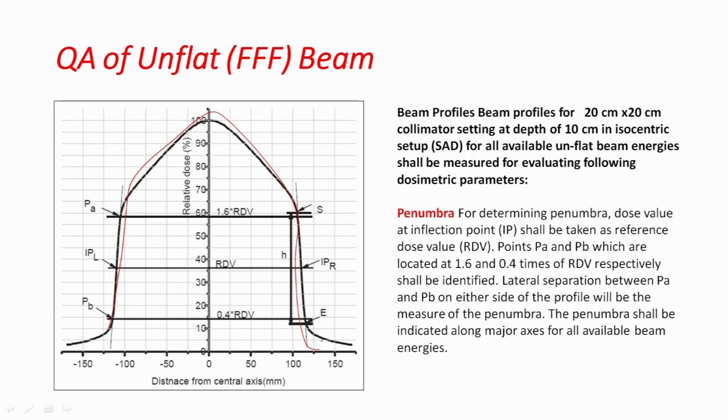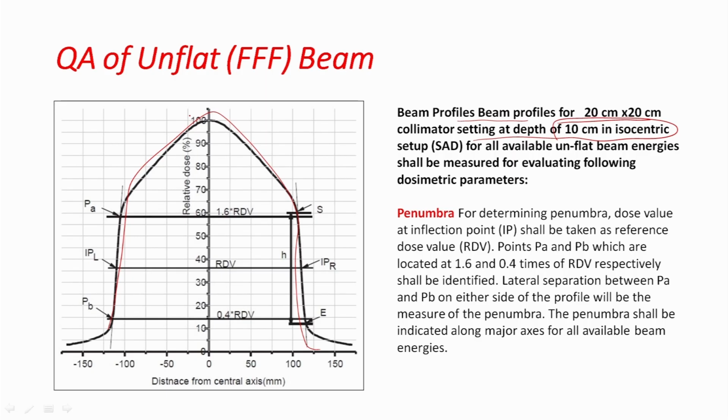First we will understand this beam profile. As we have seen in our previous flatness symmetry test, we were considering 10x10 field size for the measurement of flatness symmetry. In case of an unflat beam, the beam profile should be measured for 20x20 centimeter field size with collimator setting and at 10 centimeter depth at source to axis distance for all available unflat energies. Presently there are 10 FFF and 6 FFF available. Now you can see this is the picture. In this profile,